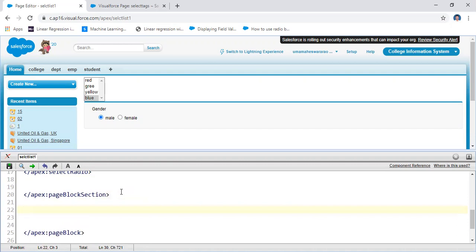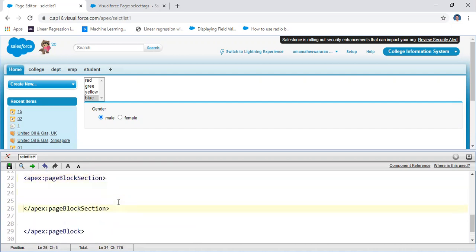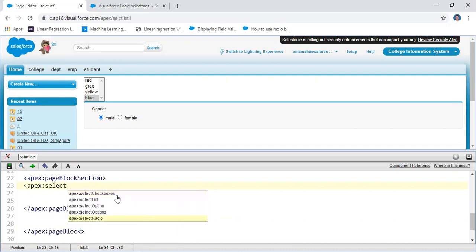Under this one, apex colon page block section. Under this section I'm going to write the checkboxes, apex colon select checkboxes.